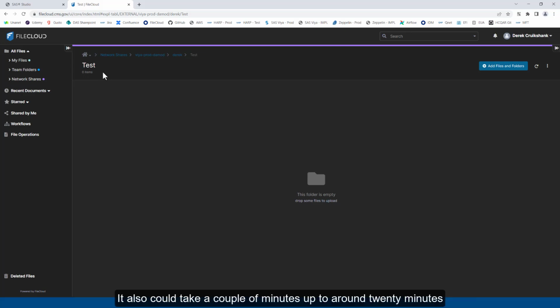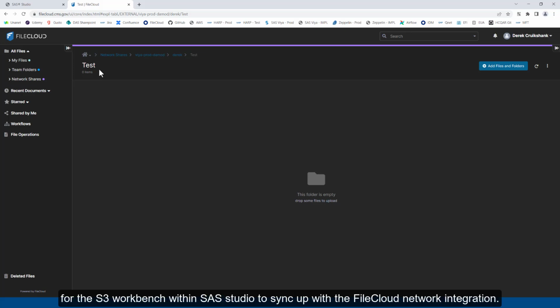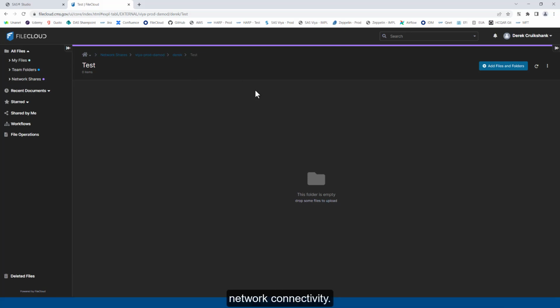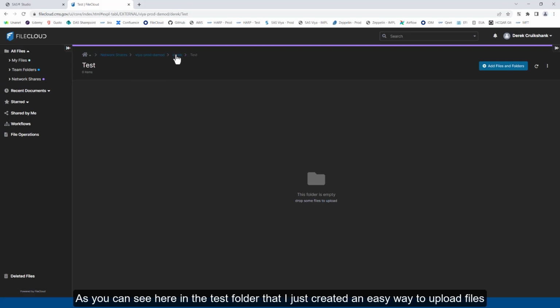It also could take a couple of minutes up to around 20 minutes for the S3 workbench within SAS Studio to sync up with the FileCloud network integration. Again, that's going to depend on the size of the file that's being uploaded, as well as your internet network connectivity. As you can see here in the test folder that I just created,